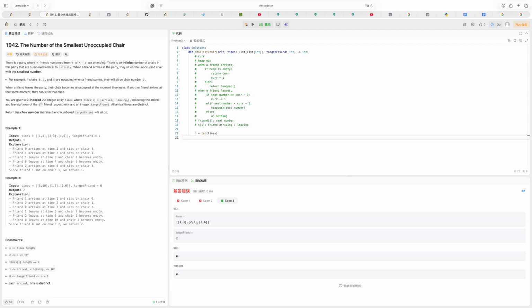So for the friends array, I'll have seat, with the number of n, and we will have an arrive time